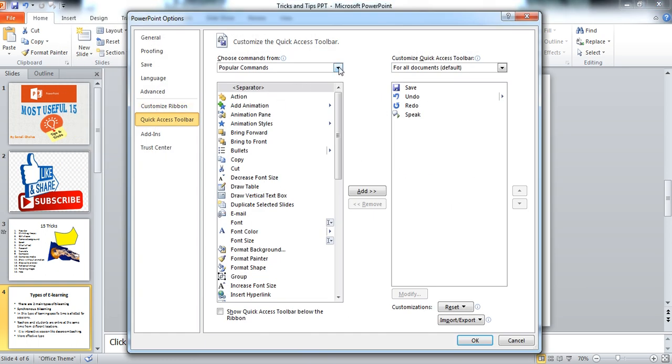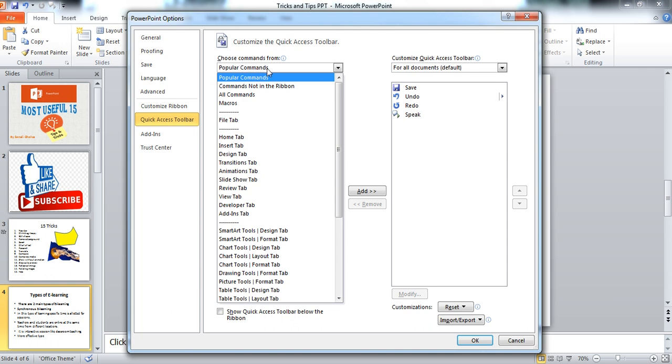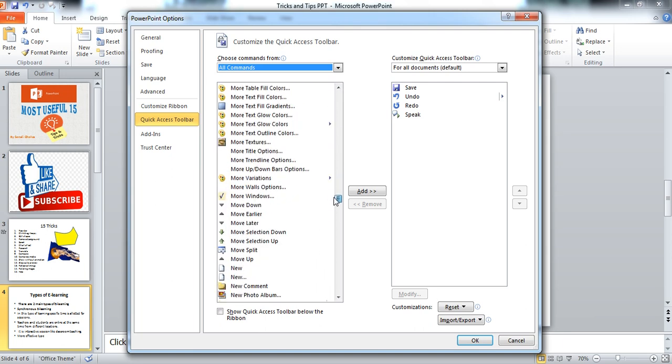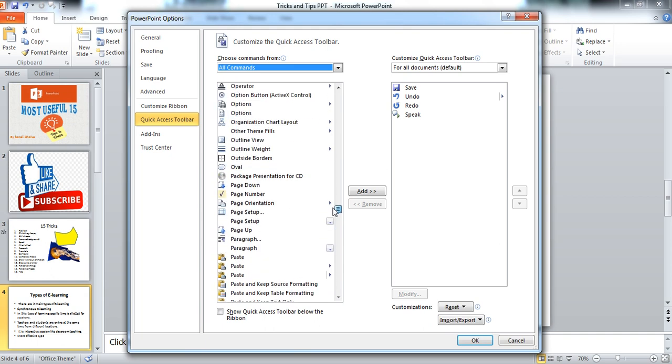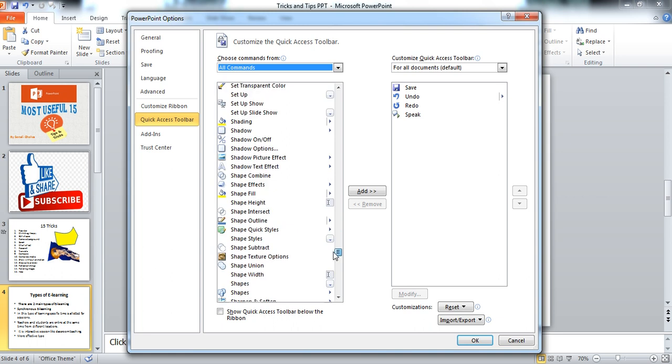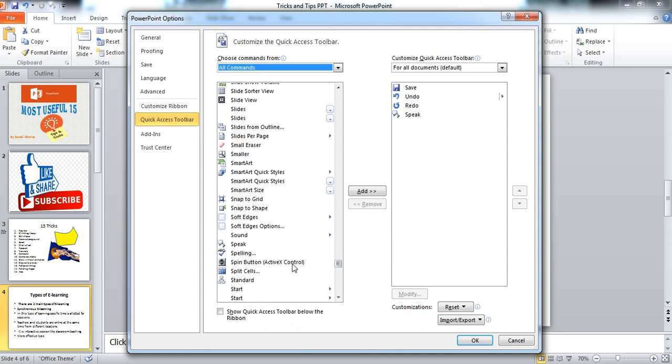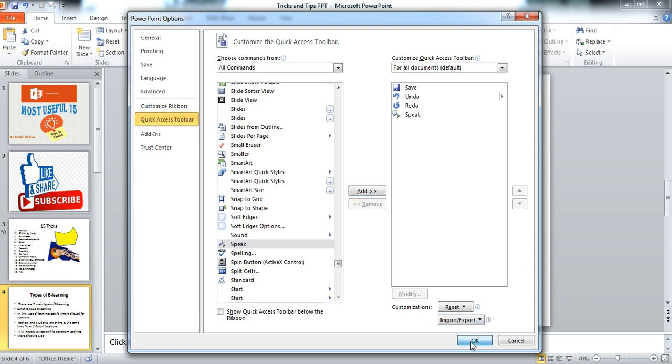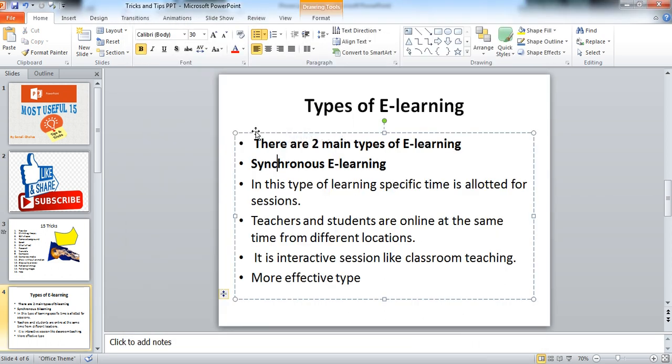By default here are popular commands only, so go to all commands and from this go to speak, till the S, scroll down. We want the speak command. Here is the speak command. Click on this speak and click on this add. I had already added this, so click on OK. After adding this command, here is a new icon, speak selected text. I am clicking on this.